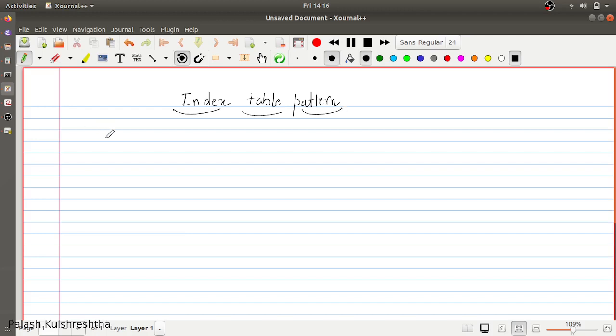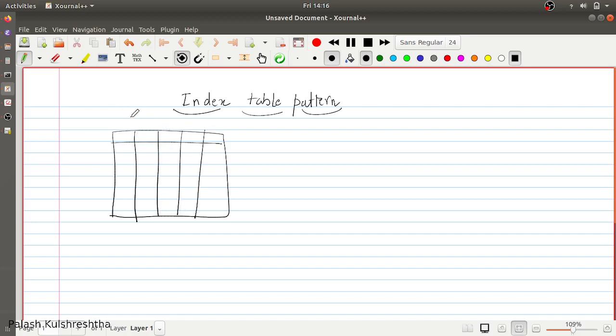A primary index is when you have a table with different columns, and you provide a primary key on a particular column, let's say ID. Searches on this ID are very fast. How are they fast?